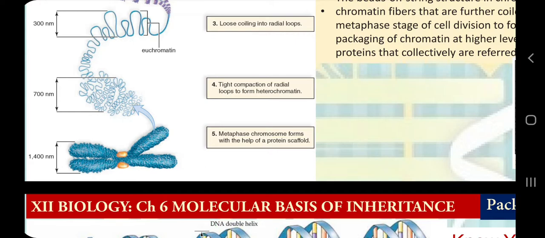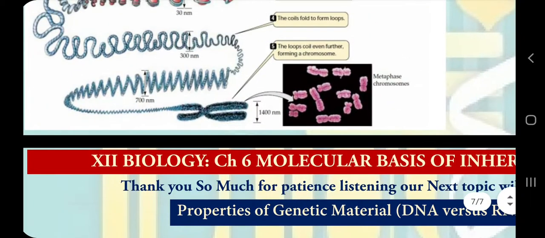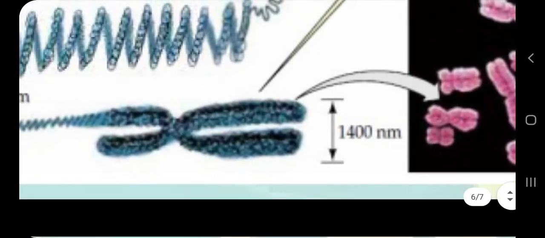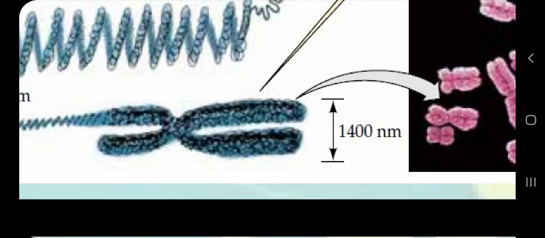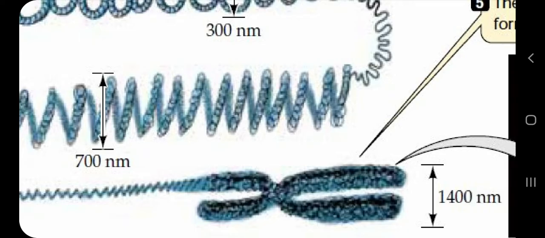And I also hope that you have an elementary idea of the cell cycle: the G1 phase, the S phase, the G2 phase, and the M phase. If you want to focus more, please visit the cell cycle unit of 11th biology. There you will come to know that sometimes these chromosomes have one chromatid and sometimes two chromatids. When we calculated this 1400 nanometer structure, we supposed there are two chromatids, otherwise it will be 700 nanometer width.